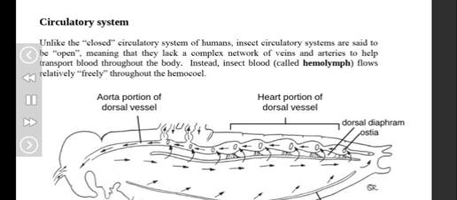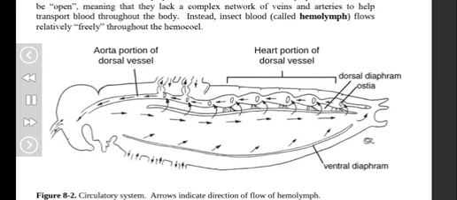Only one vessel is present in the insect circulatory system, the dorsal vessel. Posteriorly, in the abdominal region, the dorsal vessel acts as the heart, pumping hemolymph forward into the anterior region, in the head and thorax where it acts as the aorta and dumps the hemolymph into the head. It flows posteriorly and is returned to the heart via ostia, which are small slits in the heart region of the dorsal vessel designed for hemolymph uptake.